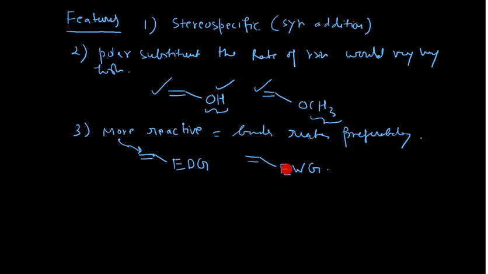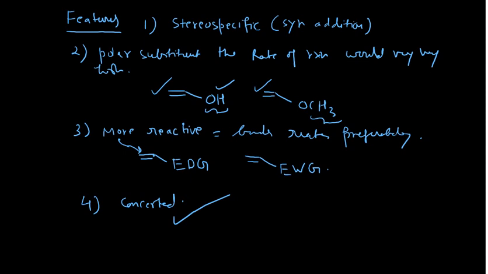But if you have the electron withdrawing group here, like you can add chlorine here, okay, so what will happen? It will withdraw the electron density inductively. So this bond is not very reactive. In that case, you may not actually form the product, or if it forms the product, the rate of the reaction would be very slow. This I will again explain with the help of an example. Okay, and next thing, I already told you, the reaction is concerted. The mechanism is concerted. So these are very important features and you should remember them.